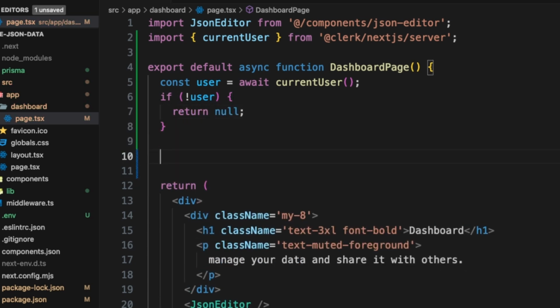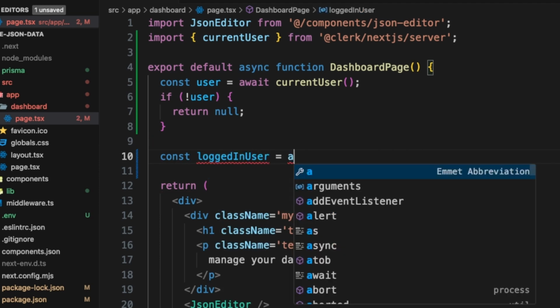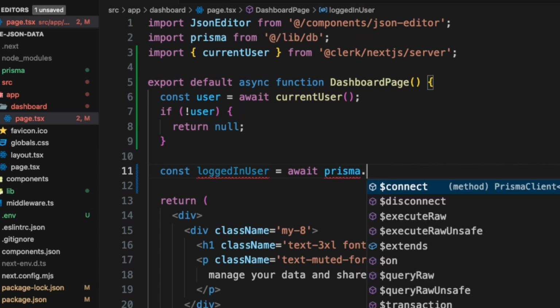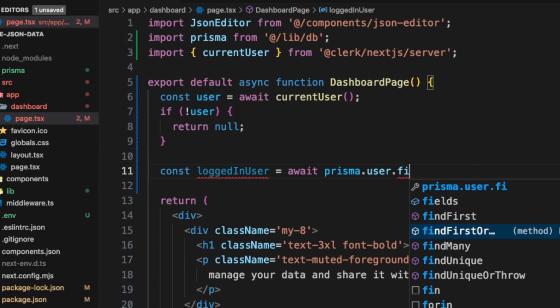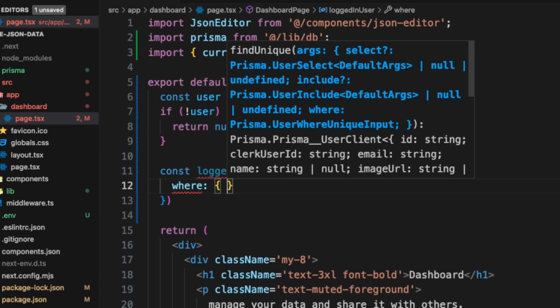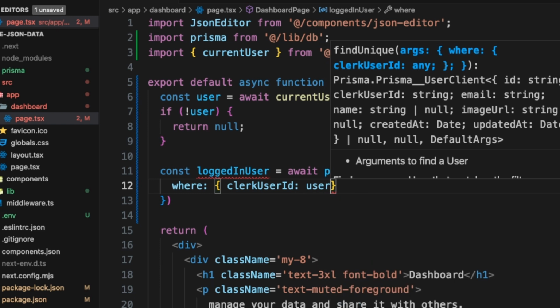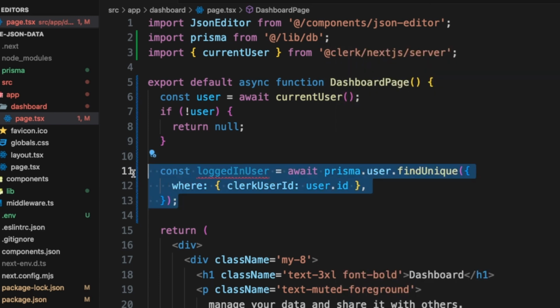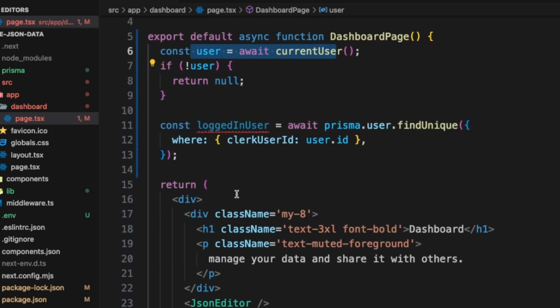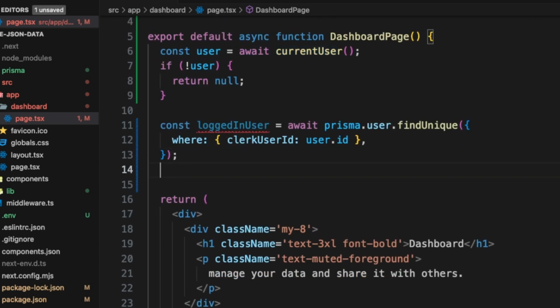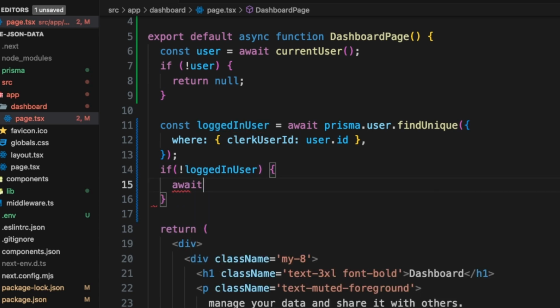And down here, I'm going to create a variable called loginUser, set equals to await prisma.user.findUnique where clerkUserId is equal to user.id. This will check our database if the user login here is equal to the user that we have on the database. If there's no user on the database but the user is logged in, we are going to add that data on the database. So here I'm going to say if there's no loginUser, I'm going to say await for